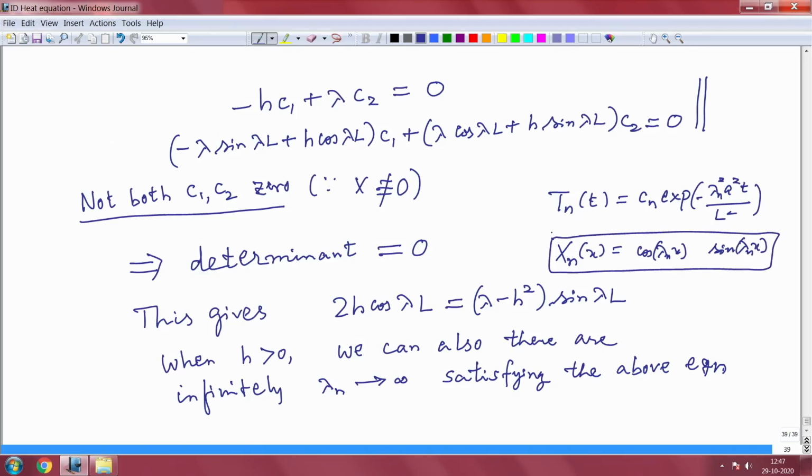Now this time we cannot determine lambda n explicitly, but we can still show that the X n form an orthonormal family, and any reasonable g can be written as a Fourier series with respect to this X n, and finally we obtain a solution. That requires little more computation, and I will provide in the notes how these lambda n's can be obtained geometrically,